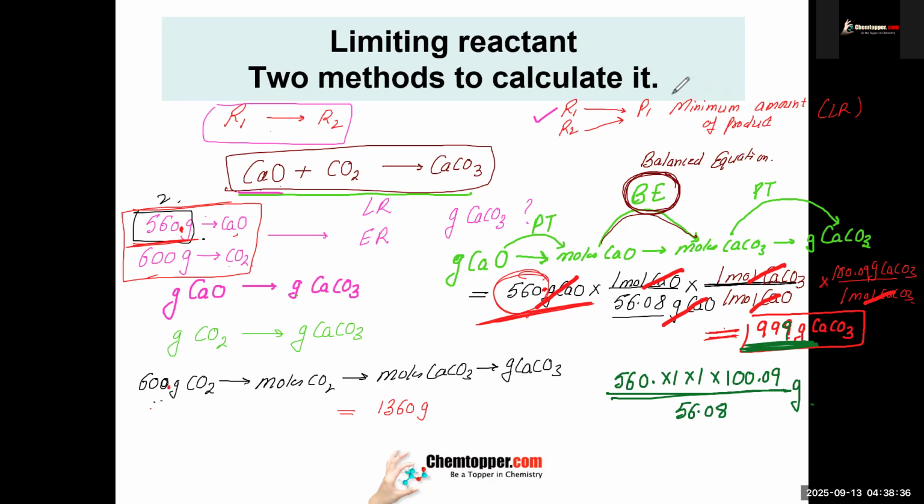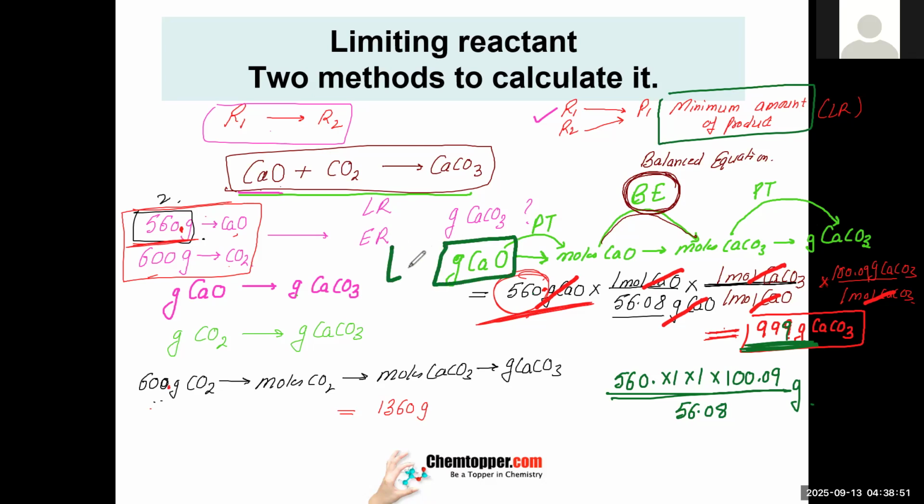Whoever is giving you the minimum amount. Say again? Calcium oxide. Yes. So the limiting reactant is calcium oxide. And how much calcium carbonate is formed? 999 grams. Yes. Then this amount has